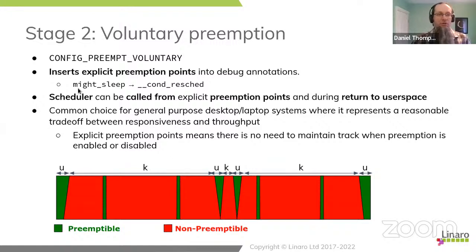So whenever you call might sleep, the kernel will check the flag to see if it needs to reschedule. And if it needs to reschedule, it will make a scheduling decision and swap out the current process. So this creates additional green blocks in the big red space. And this is traditionally regarded as a good compromise for desktop and laptop systems. It's enough that when I move my mouse, I can be reasonably confident that the pointer is going to move